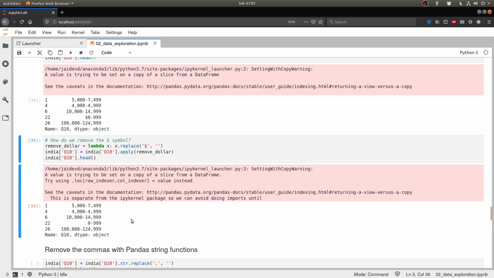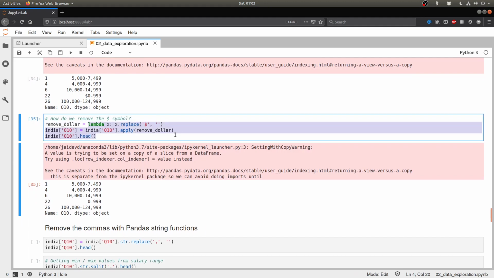Now another thing we need to do, a further step in the pre-processing, is to remove the commas, because the comma is going to prevent us from interpreting these figures as numbers. The moment you put in a comma, Python will not be able to convert that into a number, and therefore it will still treat the whole thing as a string instead of as a number. But in order to do statistics, we need numbers. So just like we removed the dollar symbol first, now we are going to remove the comma.